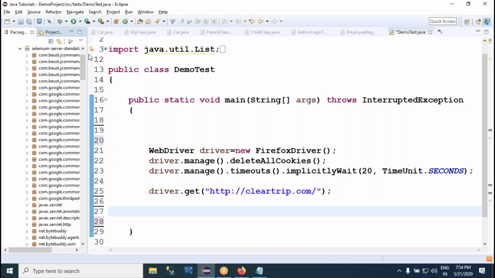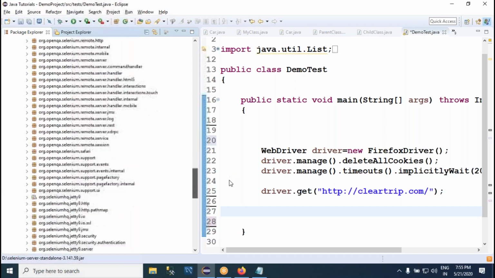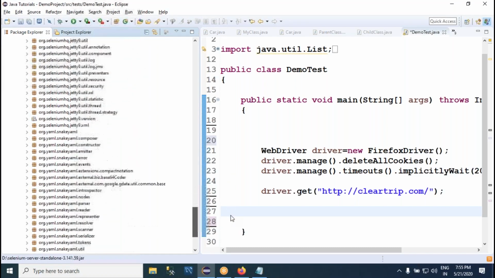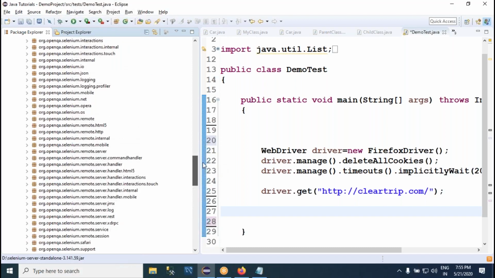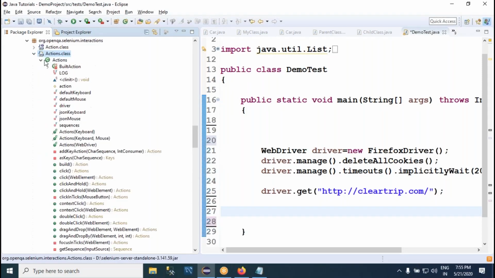In Selenium packages, there is a package called interactions, user interactions: org.openqa.selenium.interactions, somewhere here, this one. In this Selenium interactions package, please observe there is a class called Actions. In this class Actions,